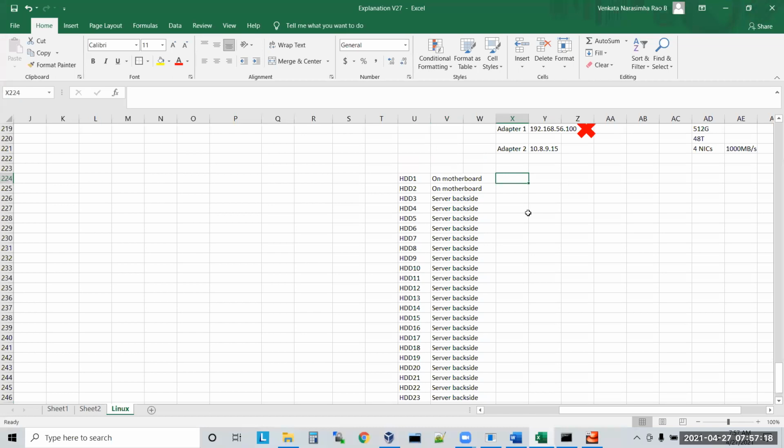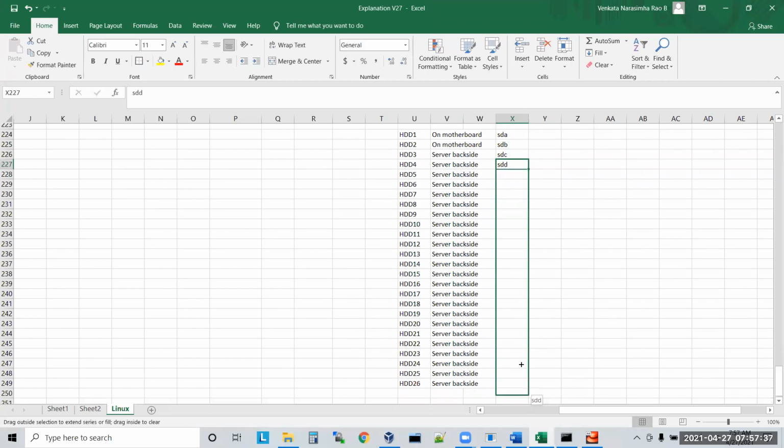So now, when you have multiple hard disks, how will Linux recognize each hard disk? Linux will start giving names like this: SDA. SDA means storage device A. SDB, SDC, SDD, like this. It will start giving.